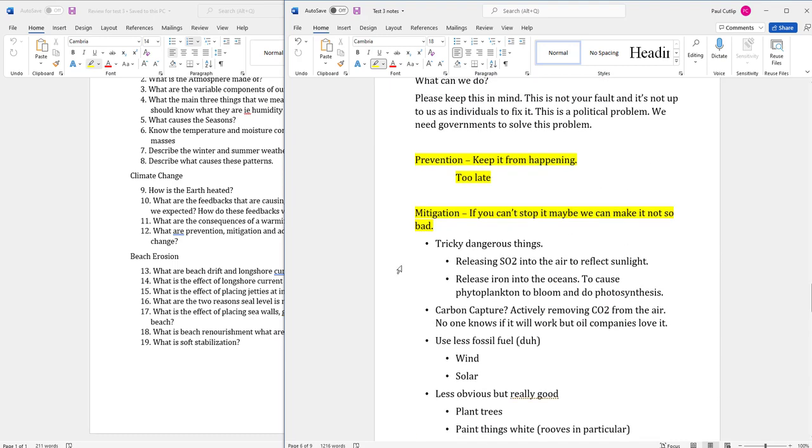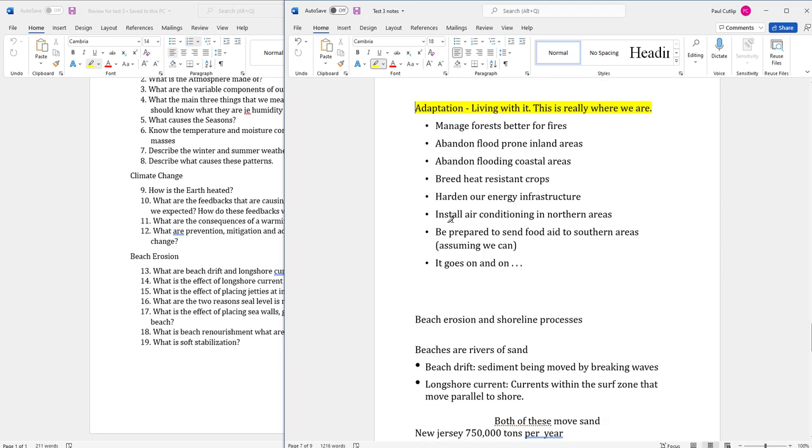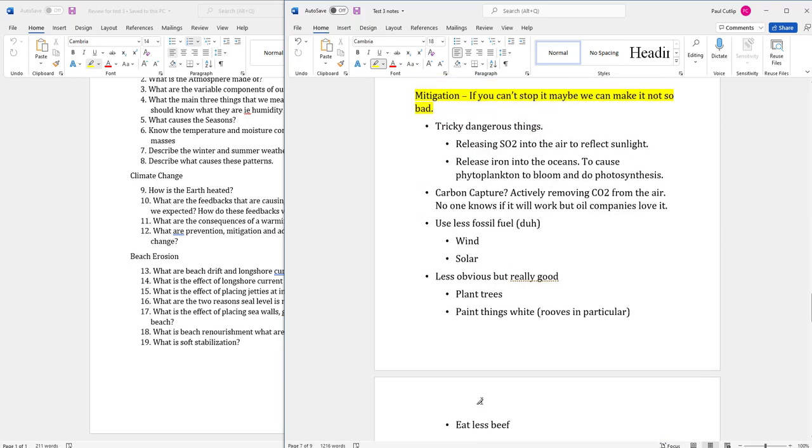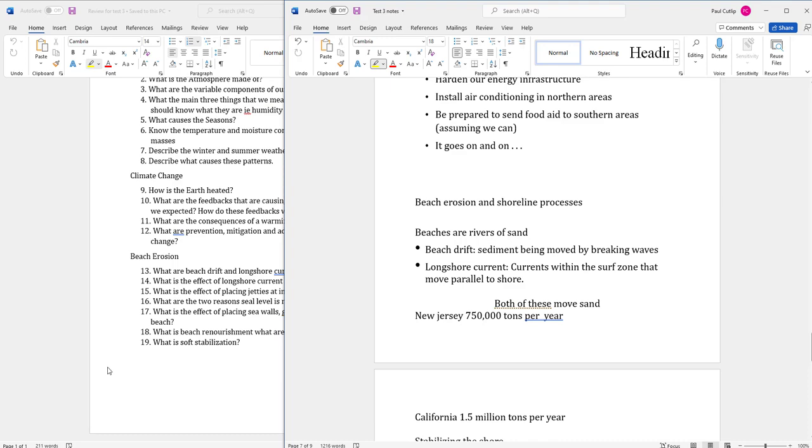Never, ever, ever give up on this. Never, ever, ever give up on mitigation, but understand that adaptation is going to have to happen too, and it is utterly too late for prevention. That window has closed. Okay,